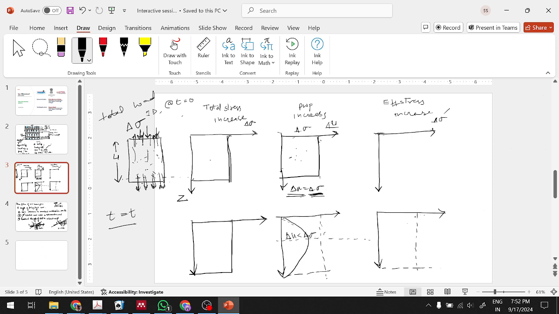And here this will be the pore water pressure, which has become zero at the ends, and as totally converse to it, effective stress will have become high, equal to delta sigma at the ends, and as water is leaving the middle zones of the layer, effective stress will keep on increasing, and then finally at